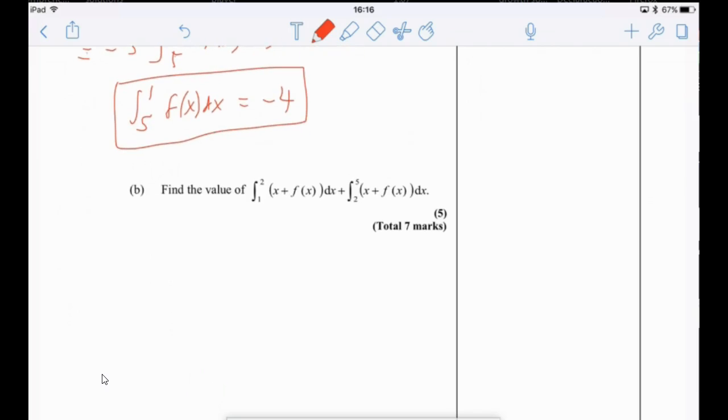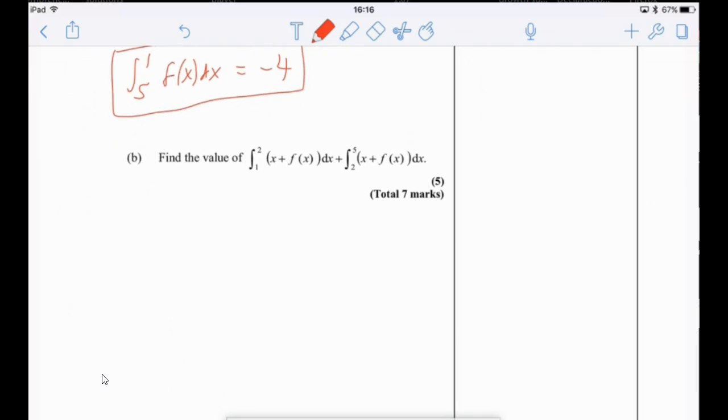now part B. Find the value of, and then it gives us this kind of crazy looking thing here. It's got 2 integrals added together. One of the integrals has a definite integral going from 1 to 2. The other one has a definite integral going from 2 to 5. And it's got the exact same thing inside. Now remember,